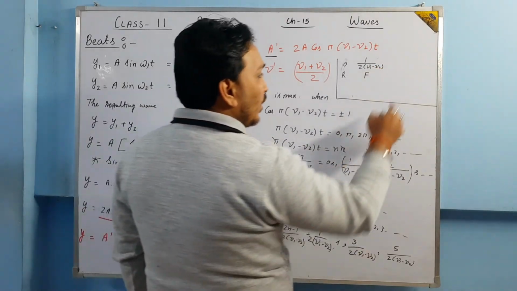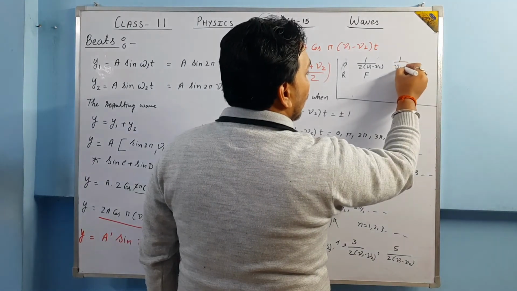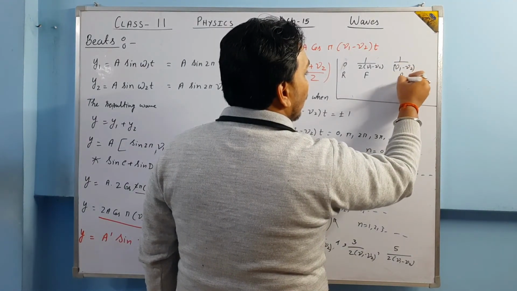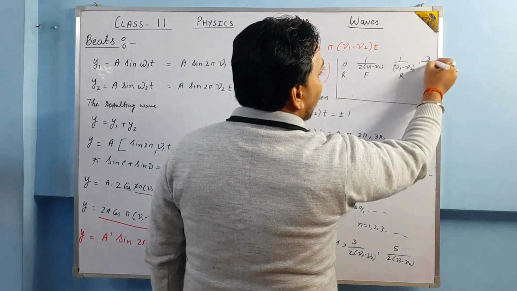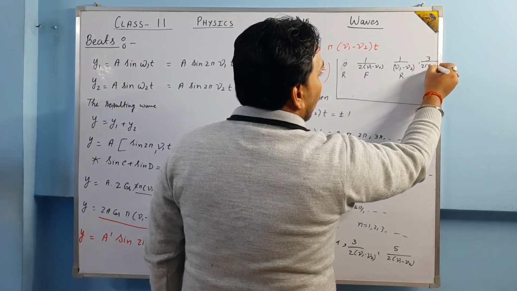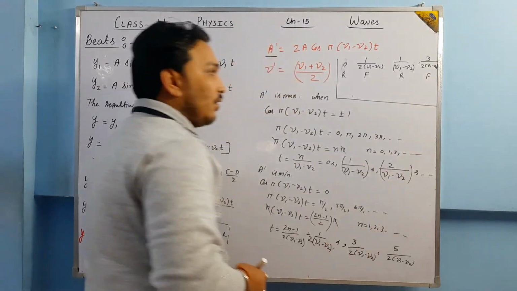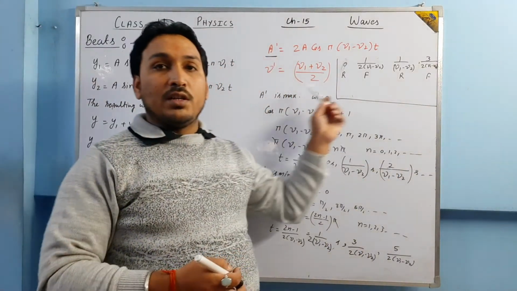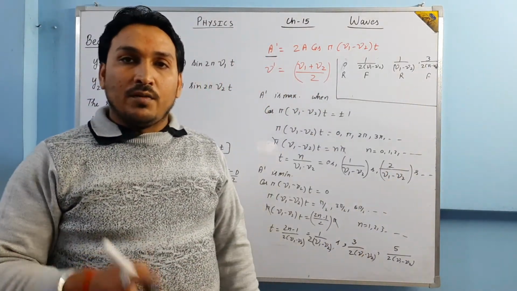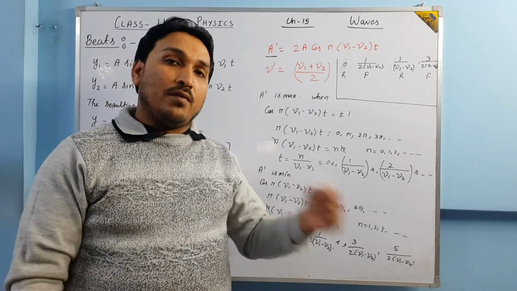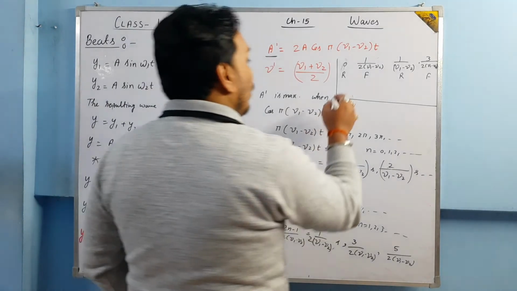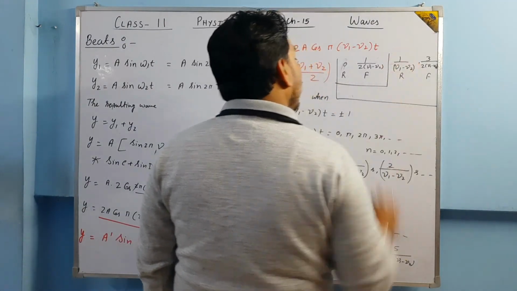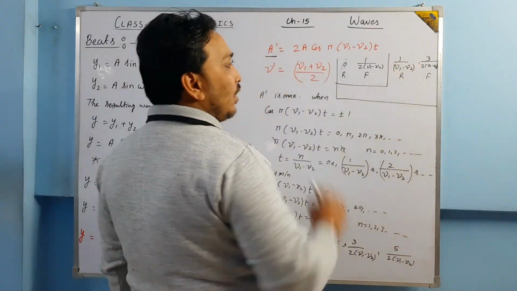Then at 1 upon (nu1 minus nu2) we have a rise. Then at 3 upon 2(nu1 minus nu2) a fall. So just see, rise and fall occur alternately: one rise, then one fall, one rise, one fall. It will be like this. So how much time is taken to complete one beat? This much time: one rise and one fall.